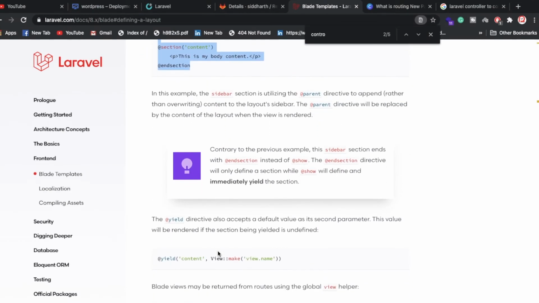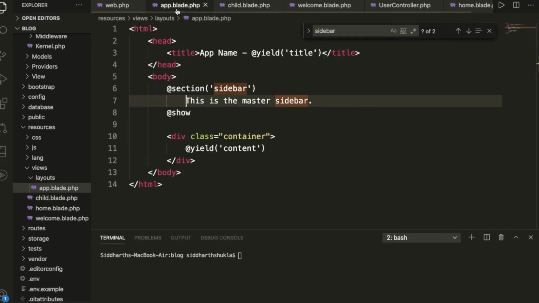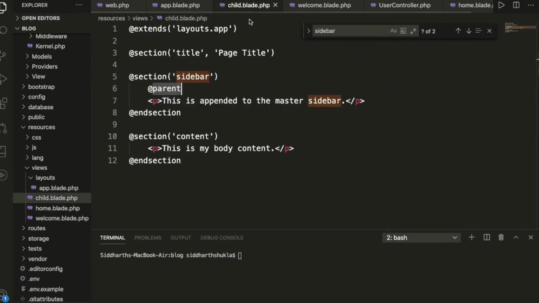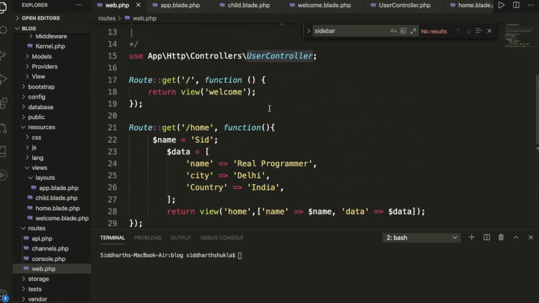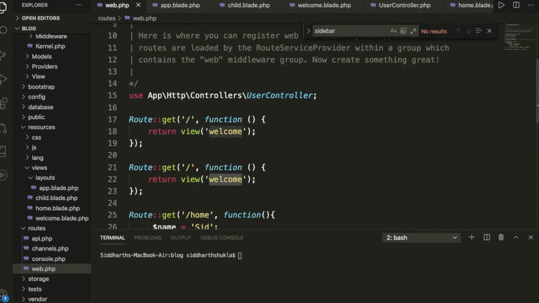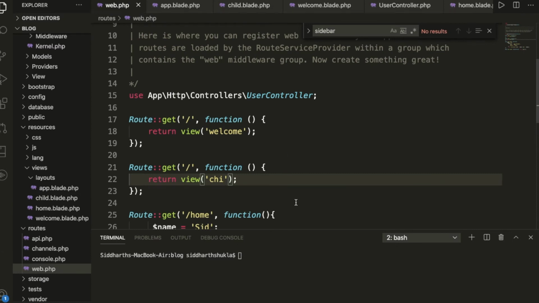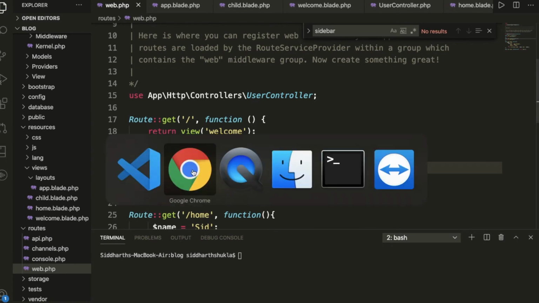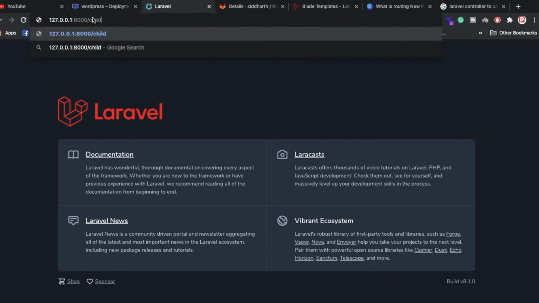Now what we need to do here, let me execute that particular app.blade.php. Let me execute that particular file. Suppose we have like this one. So suppose I am going to call, first of all, inside of the resource we have this one, which is the child file. So I'm going to put here a child. Okay, so let me write the particular syntax here, and we have child.